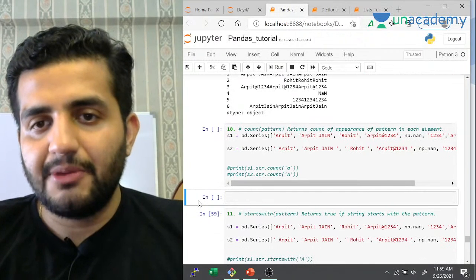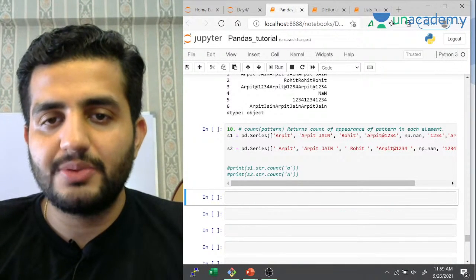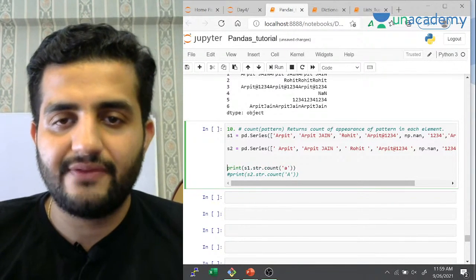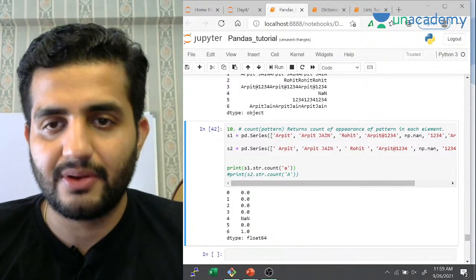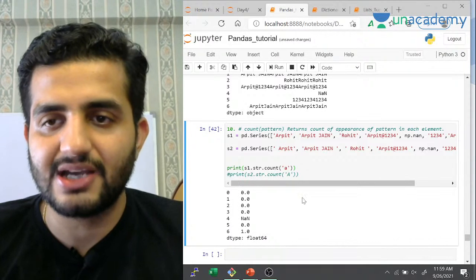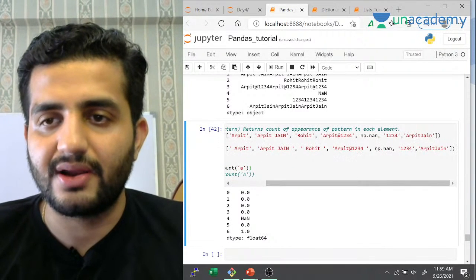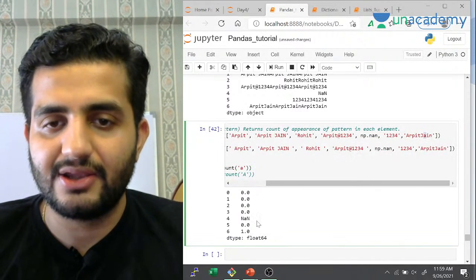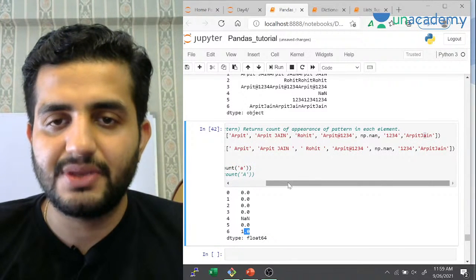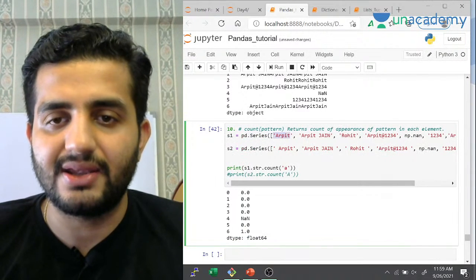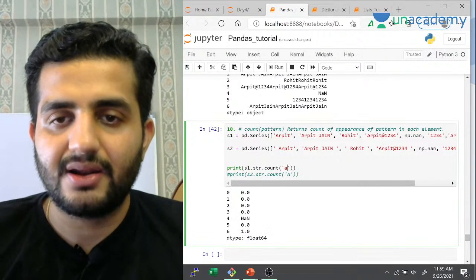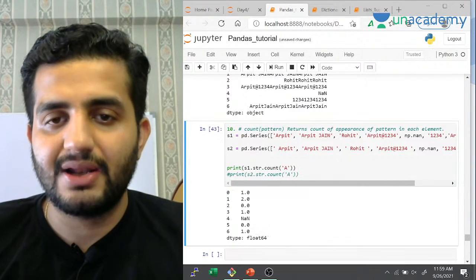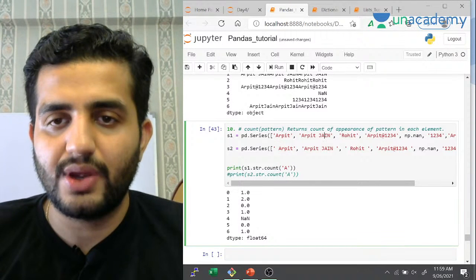Right. Again, coming back, count क्या करता है यार? Count भी simple है. Count में suppose I want to count the number of small a's. जितने भी जहाँ पे भी small a होंगे वो count करेगा. यहाँ पे एक small a है तो आपको यहाँ पे 1 आ रहा है. बाकी सब में 0 है because कहीं पे भी small a नहीं है. अब सेम चीज़ अगर आप कैपिटल A करते हो, so कैपिटल A में आपको यहाँ पे 1 है, यहाँ पे 2 है ना?